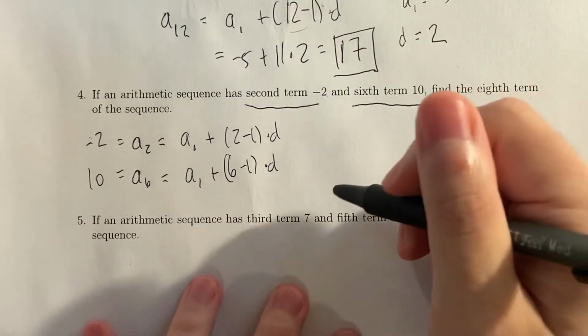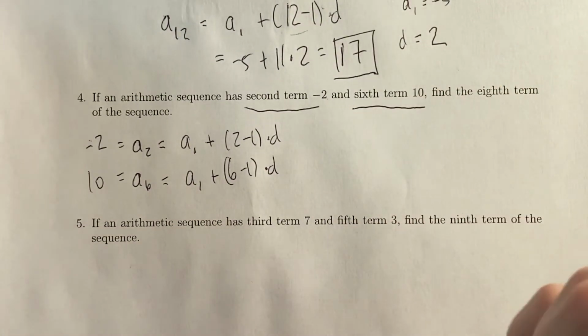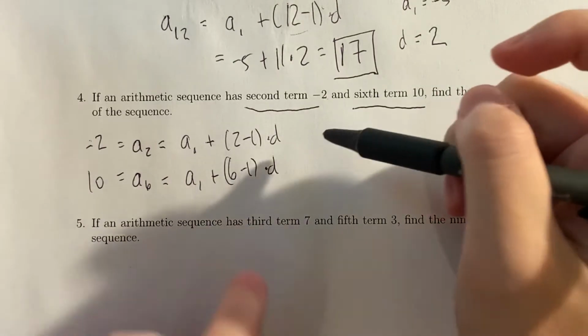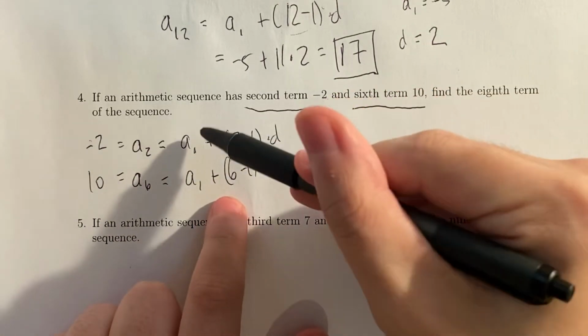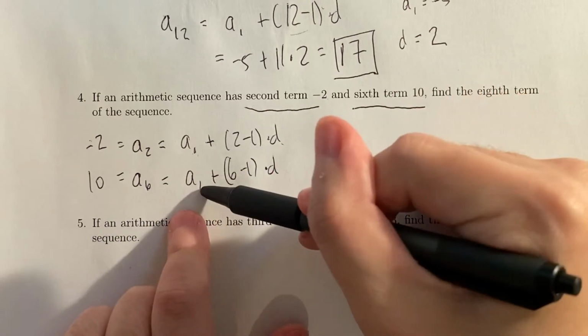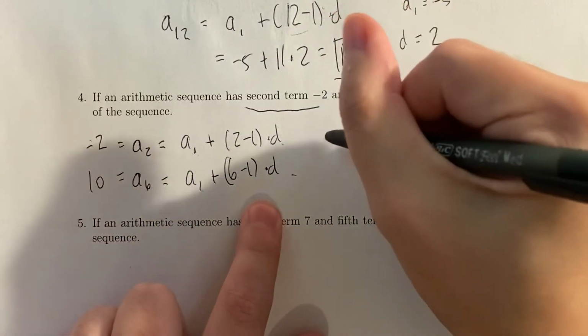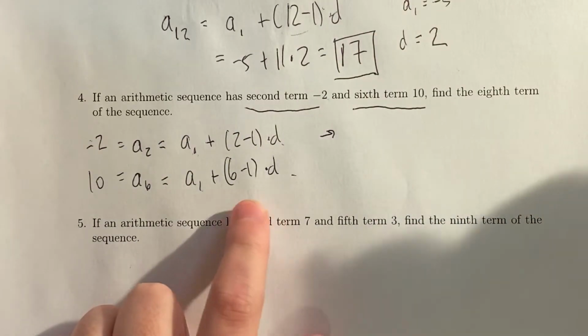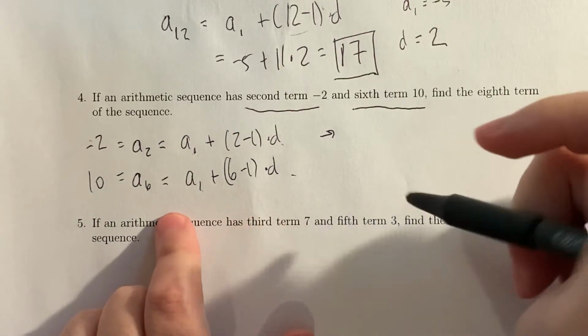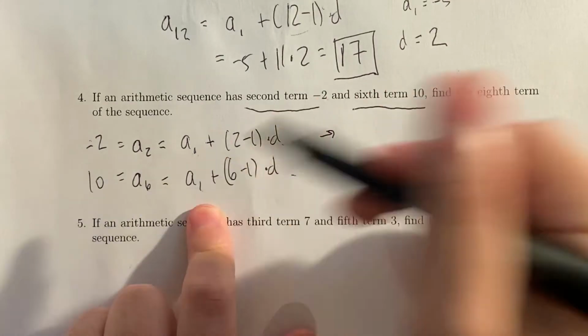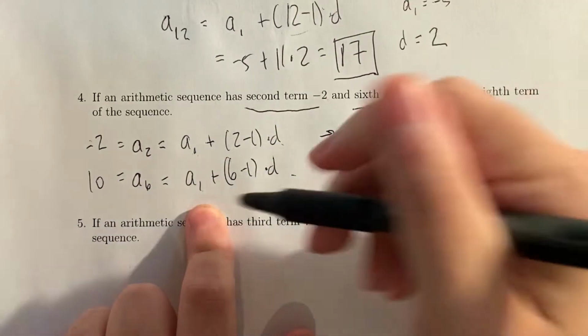So now what we're going to do is set up and solve the system of equations, because notice we do have a system of equations. We have 2 variables, A1 and D, and 2 equations. So all we need to do is solve for these equations. I'm going to rewrite these equations to make them a little bit easier to use. I'm actually going to write this bottom one first on the top, as you'll see why,